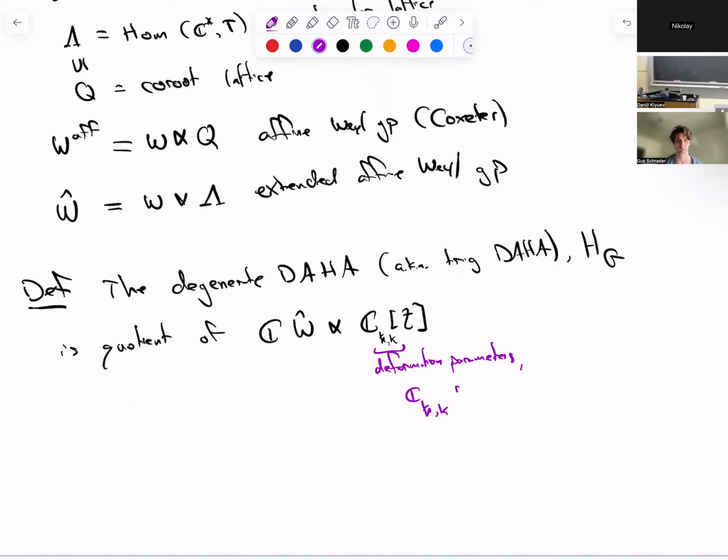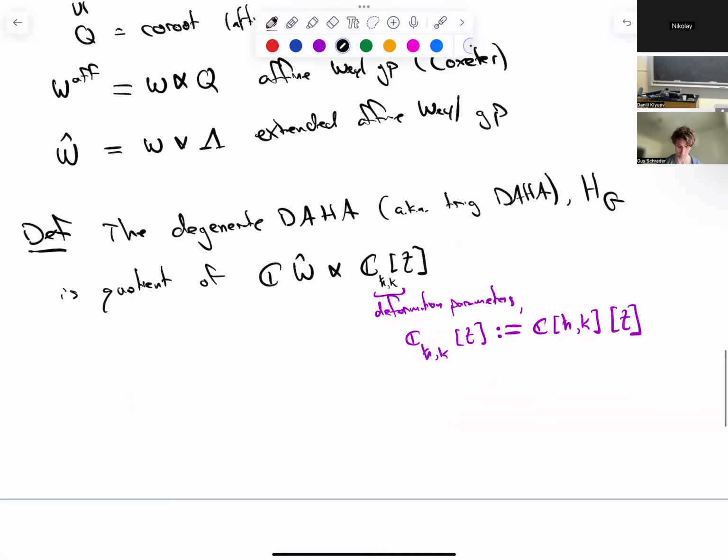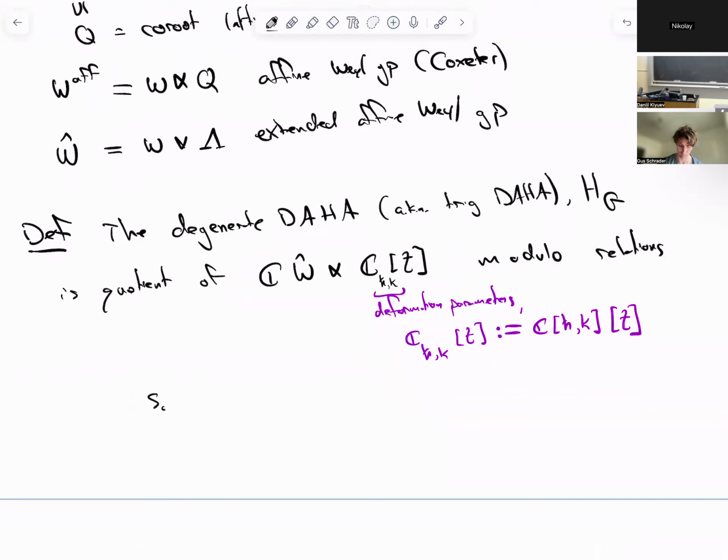So this will mean you take polynomial algebra in the torus, but the coefficients are allowed to be polynomial in H bar and kappa. Sort of, and extend scalars. So it's a quotient of this semi-direct product modulo the relations that simple reflections act by this kappa twisted